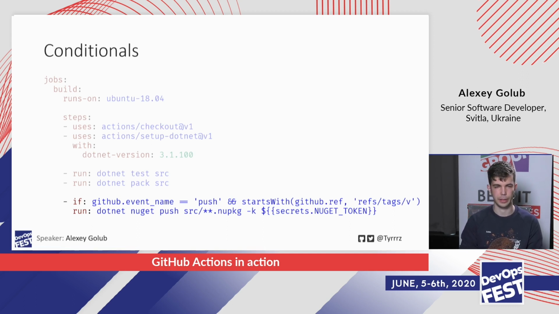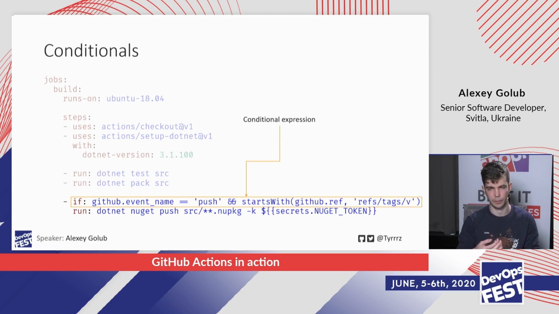Okay, and the other thing, also using expression syntaxes, we can create conditional expressions. So let's say we have a step that we don't want to run every time. We only want to run it if a specific condition is met. So in this case, we, for example, have some workflow that stays the same for the most part, but if the event that triggered this workflow is push, and the ref tag of the current commit or whatever the push was doing starts with the ref tags v, then we also want to push that to the package registry. So in this case, this if parameter can be used to specify a conditional expression, and you can use that to basically specify whether you want to run the step in some circumstances or not.